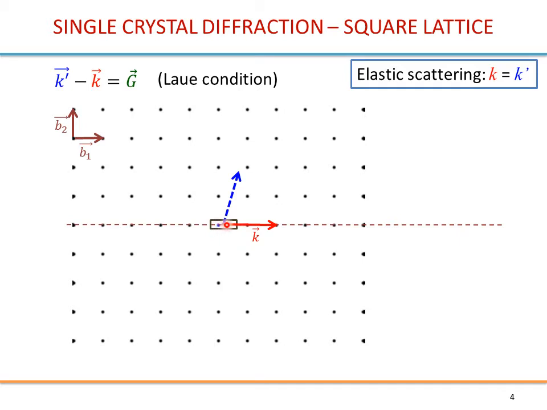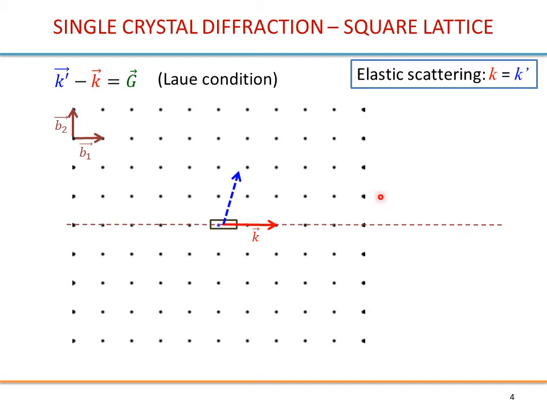We start from here, not from the origin, because in this case it makes more sense to put the origin of the vectors k and k prime on the sample. These electromagnetic waves, X-rays, hit the target, the sample, and are then scattered from the sample. So it makes sense to use this configuration. At least it is closer to the experimental configuration compared to the first video I made, which was less related to the experimental setup.